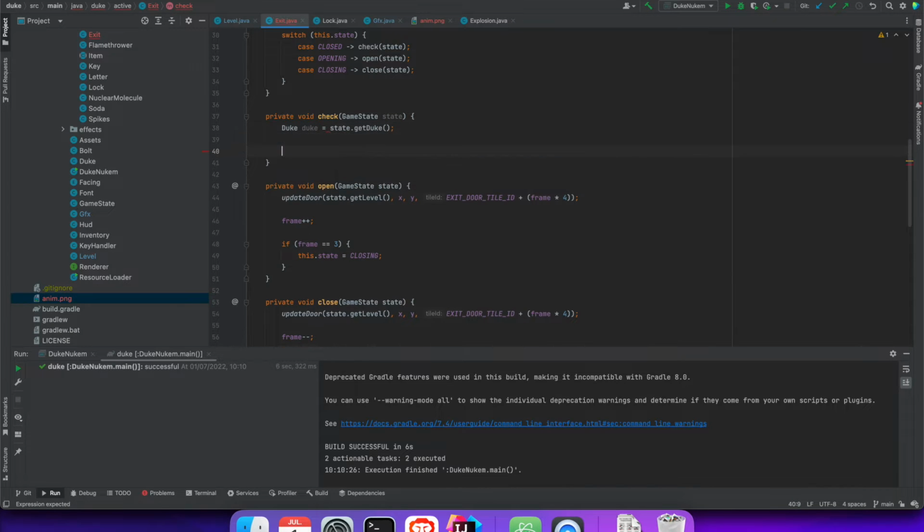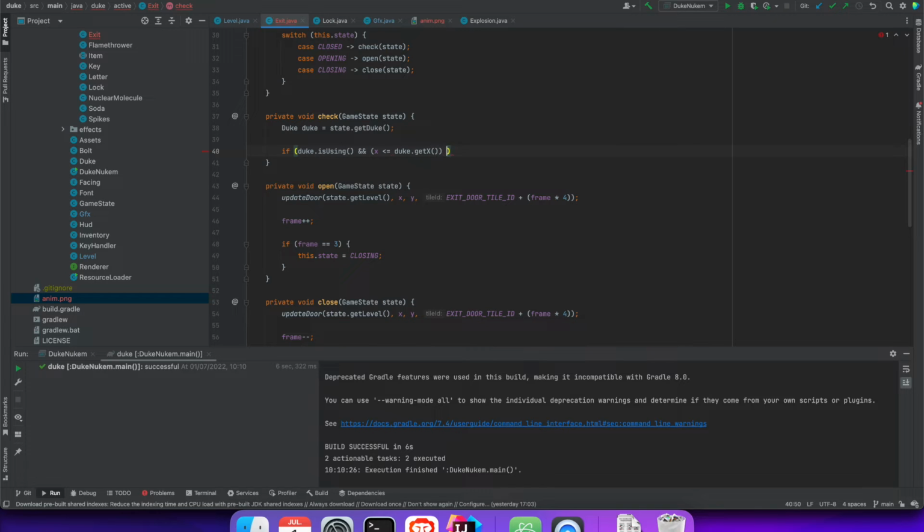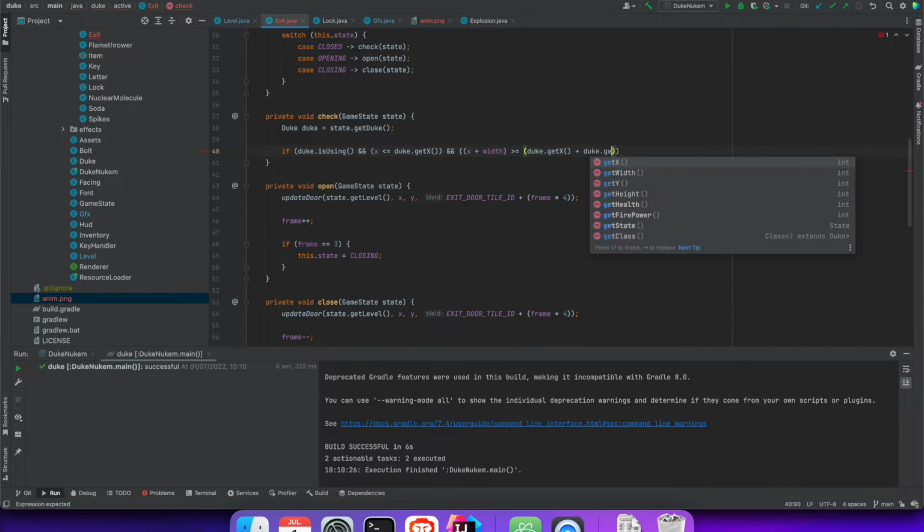It doesn't really say what you're doing here, so we might rename this. So if Duke is using, and the x position of the exit should be less than or equal to Duke x, and x plus the width should be greater than or equal to Duke x plus Duke width,